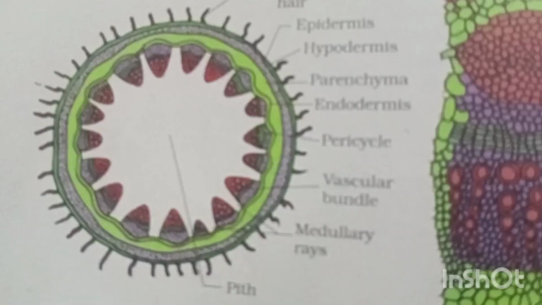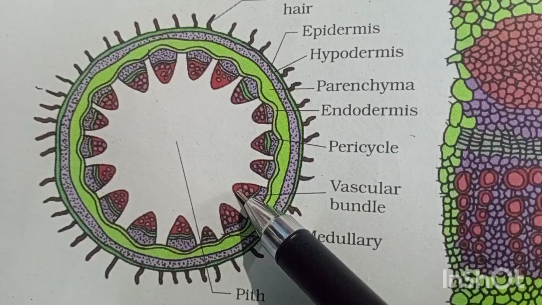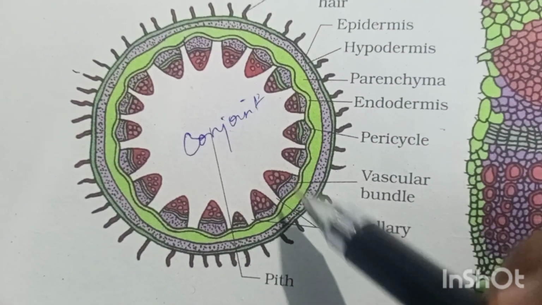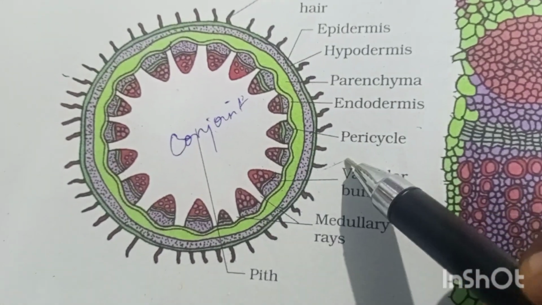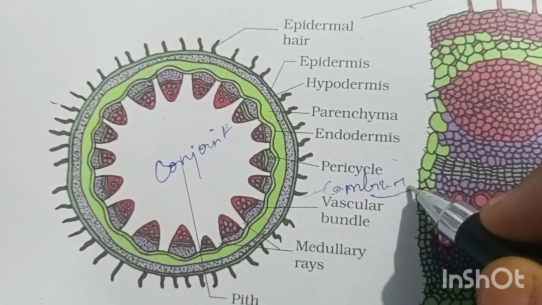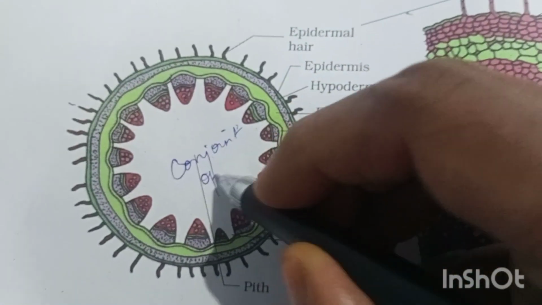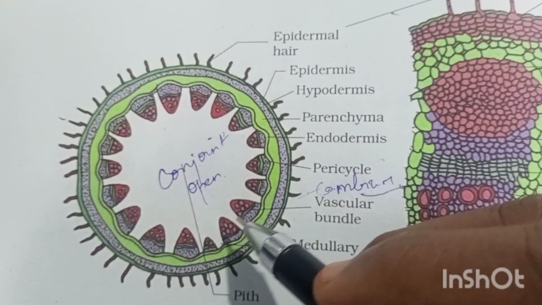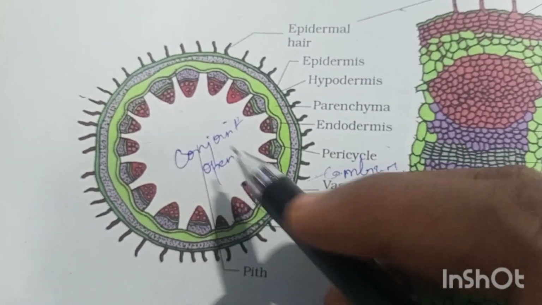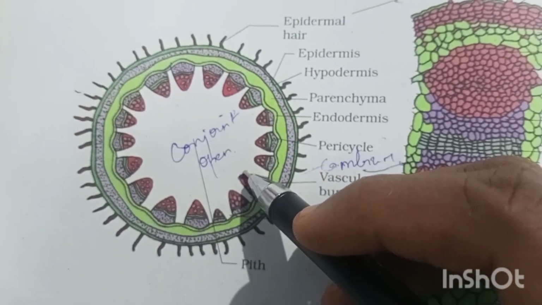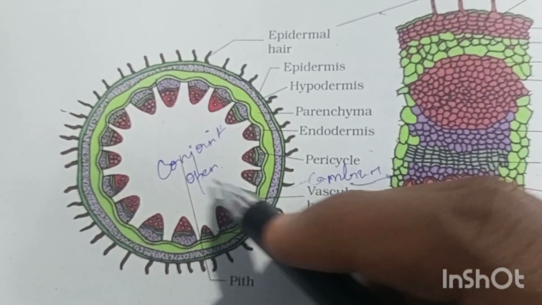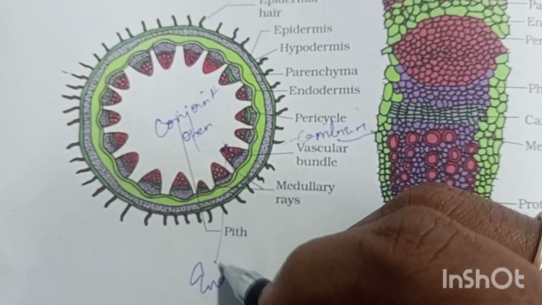You have already seen that this kind of vascular bundle is known as conjoint vascular bundle. Here both xylem and phloem occur together. In the center, cambium is present. When cambium is present, secondary growth is possible, and hence it is an open vascular bundle. And you can see the smaller xylem, protoxylem, the first formed protoxylem will be facing the center, and the metaxylem will be facing outward. When the protoxylem is facing the center, it is known as endarch